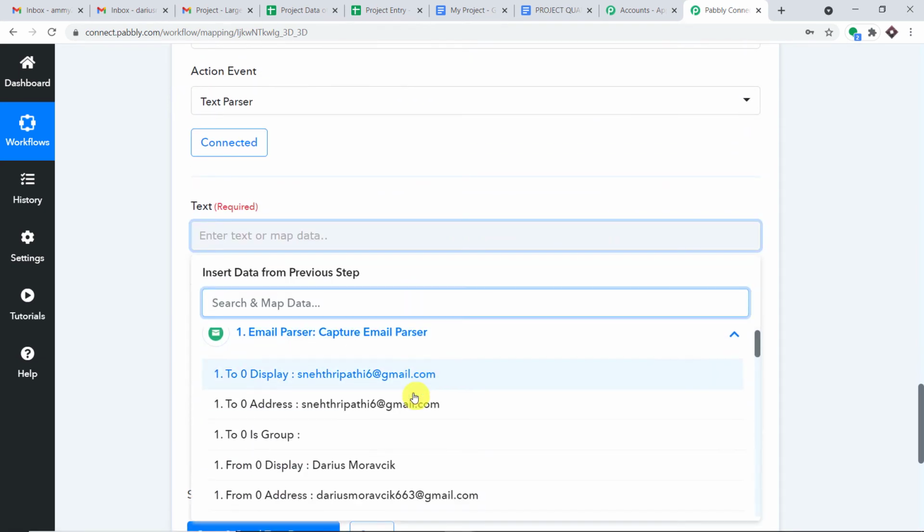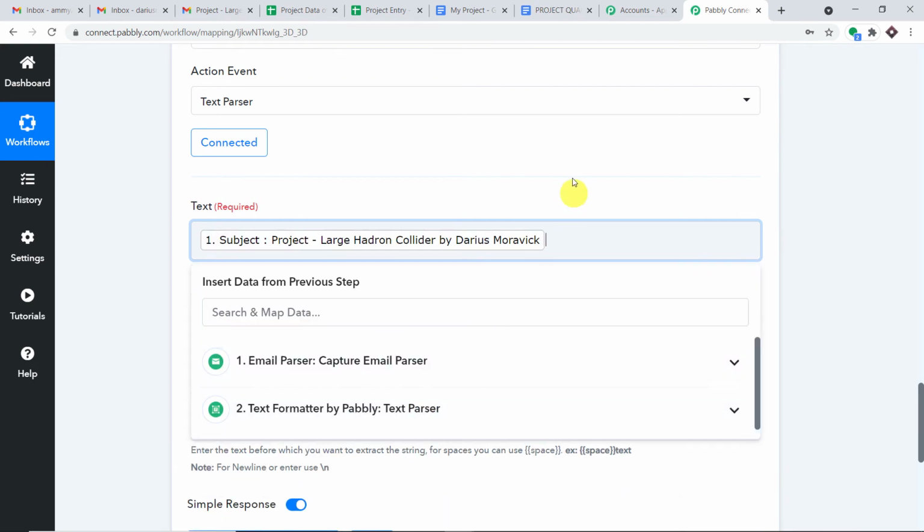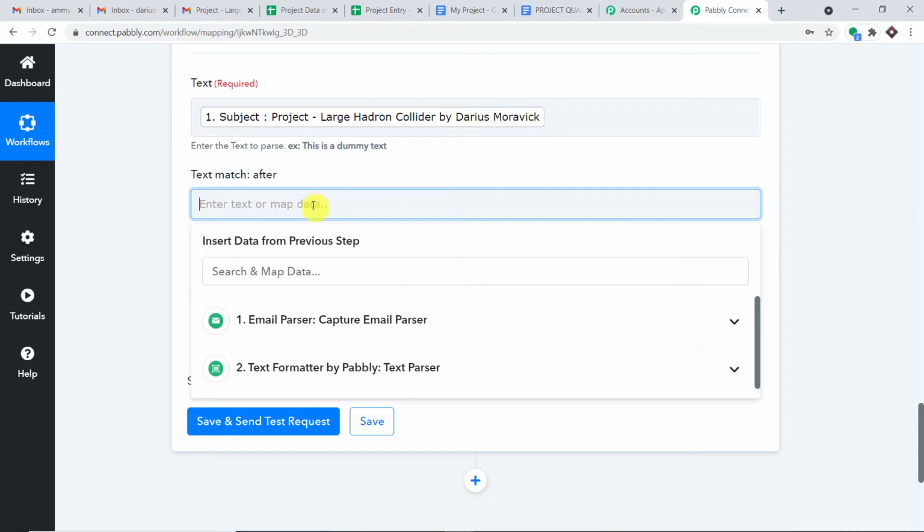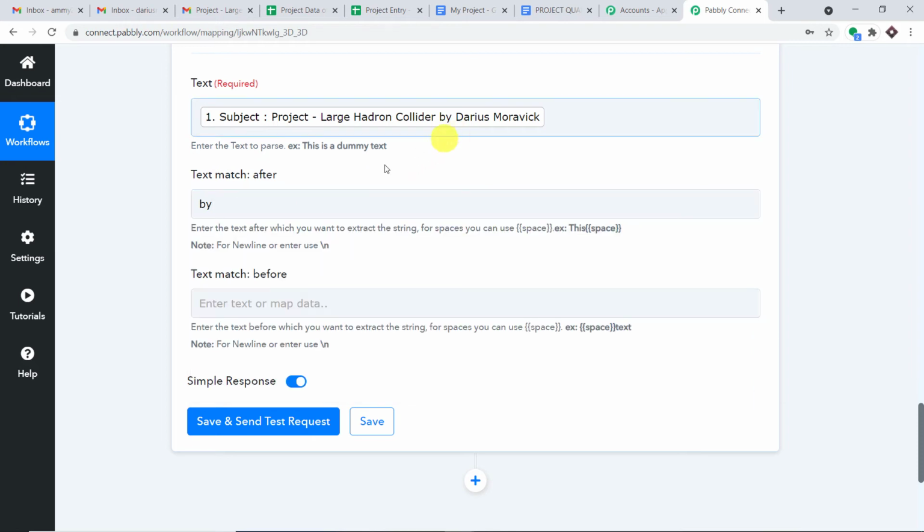Okay, if you remember, the text was the subject, Large Hadron Collider by Terrace Moravik. Okay, and this time we are going to isolate the student name, that is Terrace Moravik. So "by" is basically the text after. Okay, and for the text before, in front of Terrace Moravik there is no subject, so we are just going to leave it as blank.